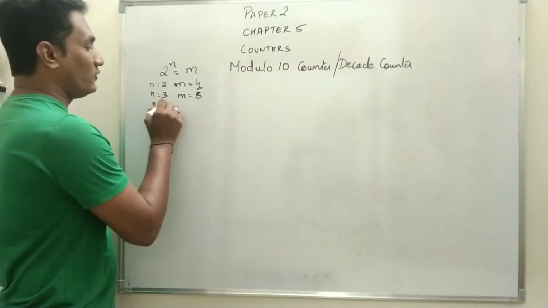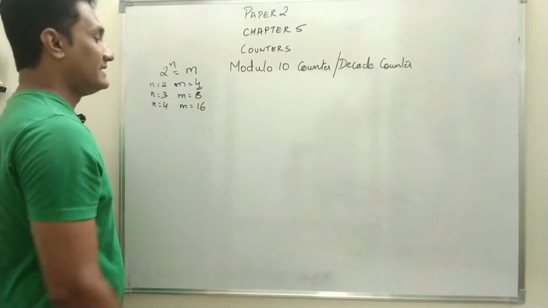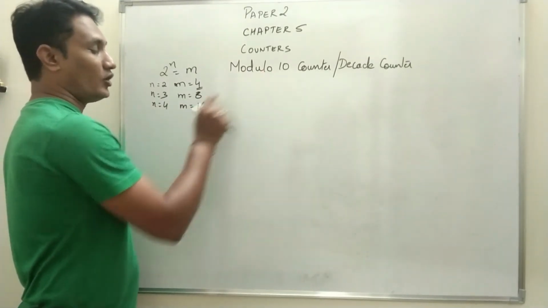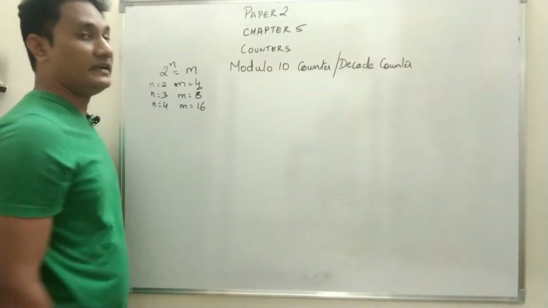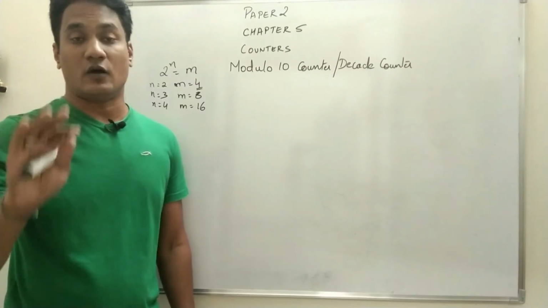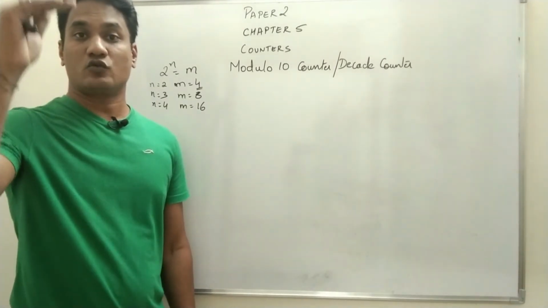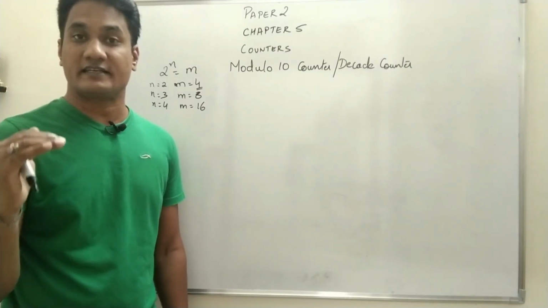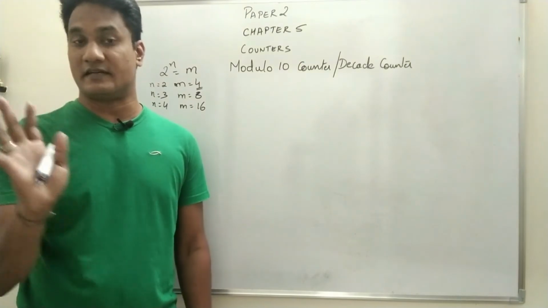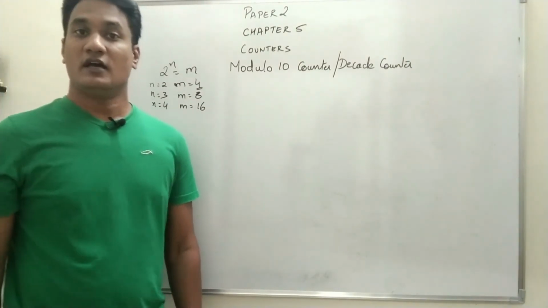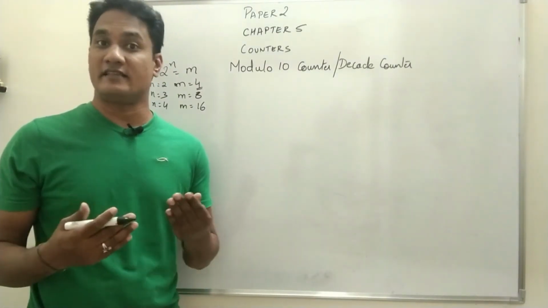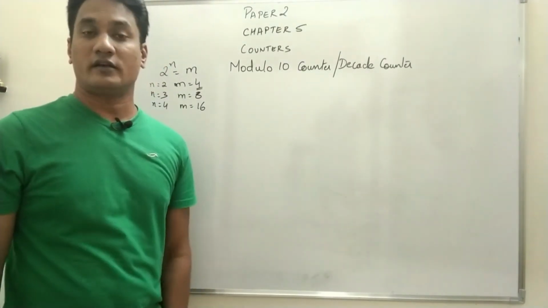Now if n is equal to 4, m will be equal to 16. Of course in a modulo 16 counter we can have 10 discrete states, but we have to make sure that the circuit counts only from 0 to 9, that is only 10 discrete states. It should not go up to 15, that is 16 discrete states. It should reset back to 0 0 0 0 at the end of the 10th clock pulse. So if we can design the circuit, it will work as a modulo 10 counter.